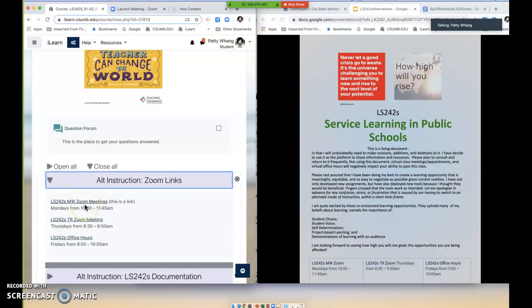For example, one of the things that I thought I would go over is how, a little later on, you'll be having to add your products for the learning outcome projects to a document, and so I was going to do a Zoom meeting on how to do that. So I'm trying to figure out how to use the Monday and Thursday meetings, and then I was going to keep the Wednesday and Thursdays for more individual meetings, or additional sessions if it seems like those are warranted. How does that sound to you guys?